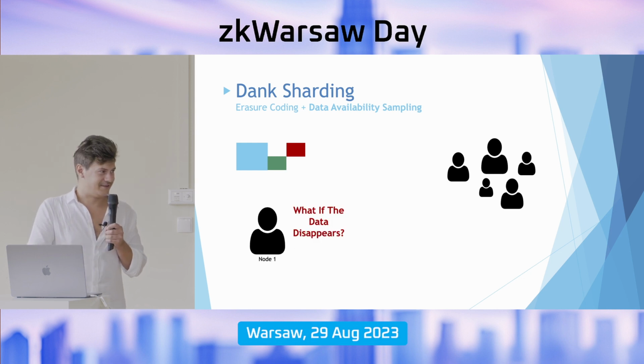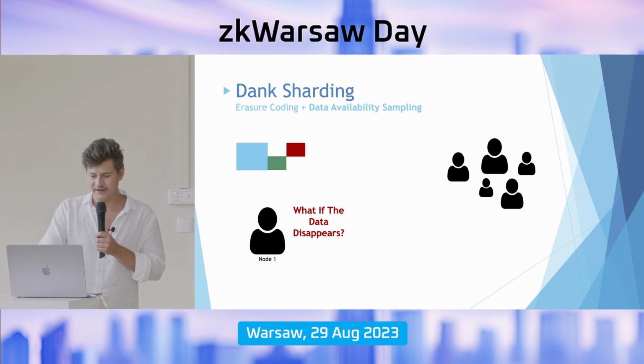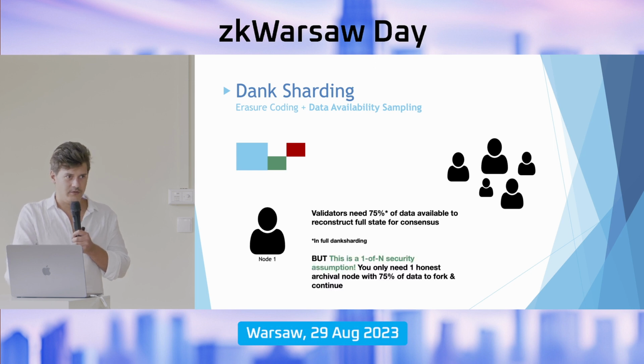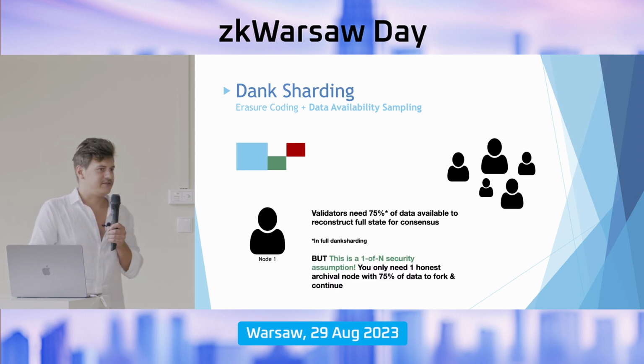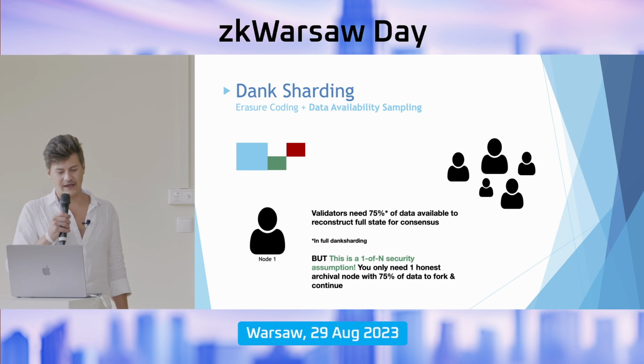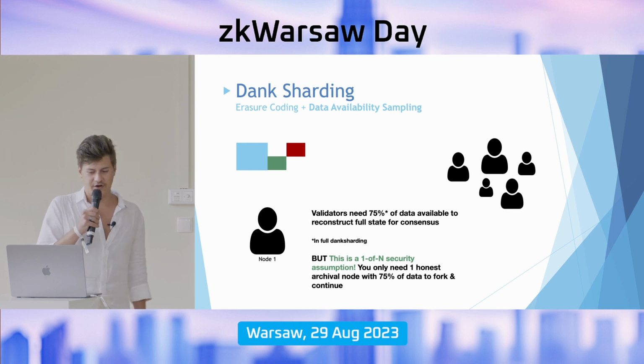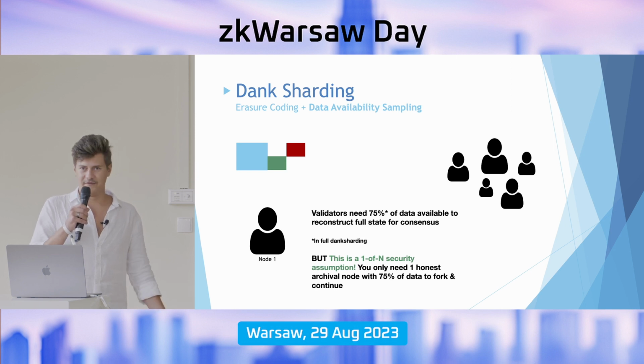But what happens if the data disappears, right? And okay, we can check that the data is gone, but that doesn't help us a lot. Well, essentially, the validators in the full danksharding need about 75% of all of the data to be able to reconstruct the missing data, right? Which is good. It's not great for consensus if this happens, but this is a one of n security assumption. So if there's a single honest node anywhere in the world that holds the full state, and they don't even need to be honest, we can check if they're honest, we can reconstruct the data and fork the protocol